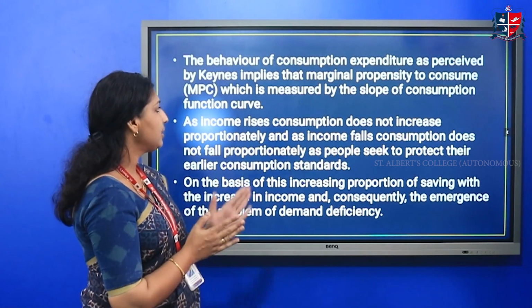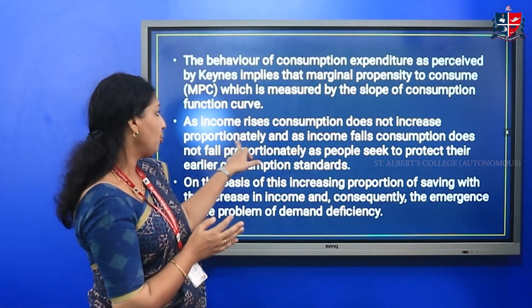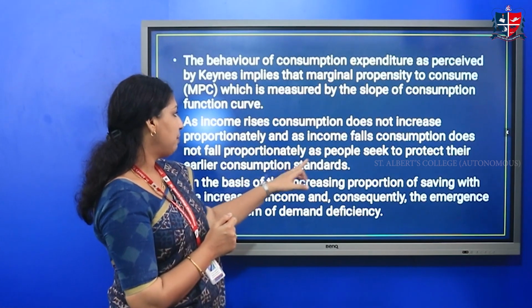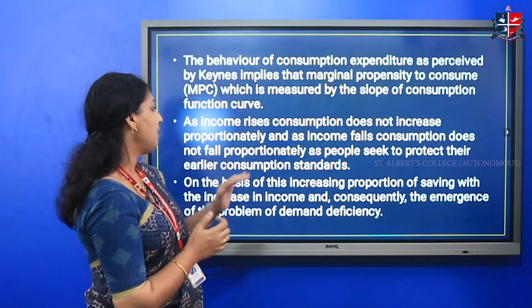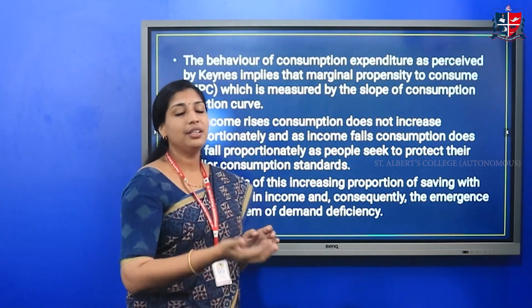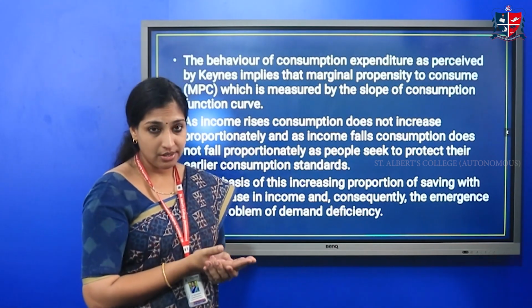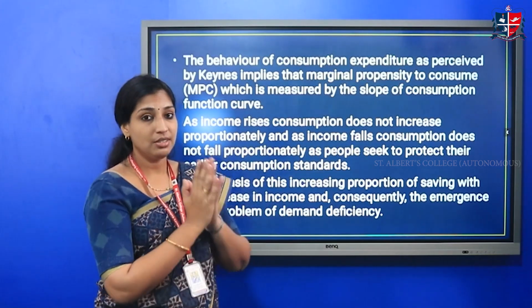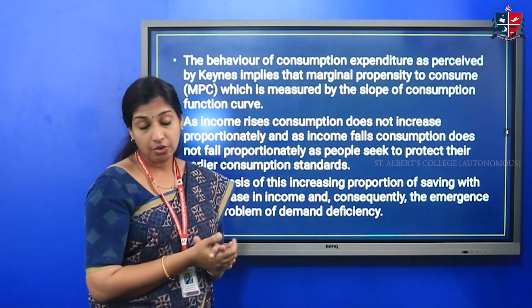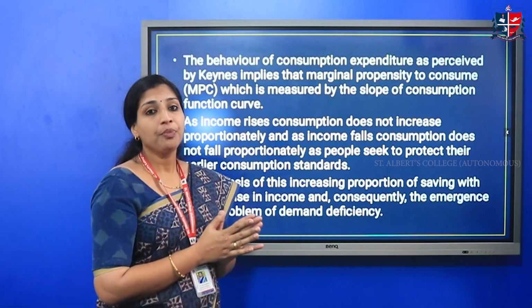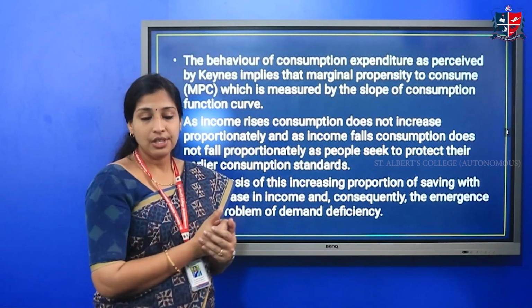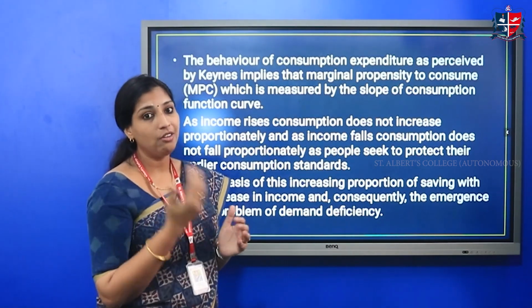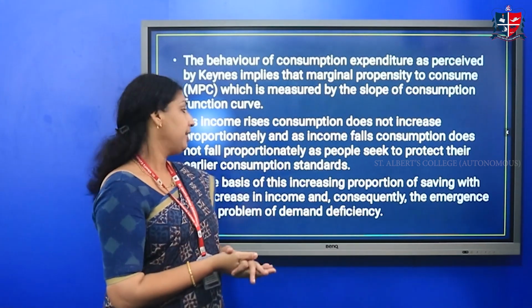As income increases, consumption does not increase proportionately, and when income falls, consumption does not fall proportionately, as people seek to protect their earlier consumption standards. See, whenever there is an increase in income, consumption will also increase. But in certain situations, due to unexpected contingencies, or due to flood, or war, or something like that, income can also decrease. So when income decreases, consumption won't decrease that much, because people always want to keep their standards,